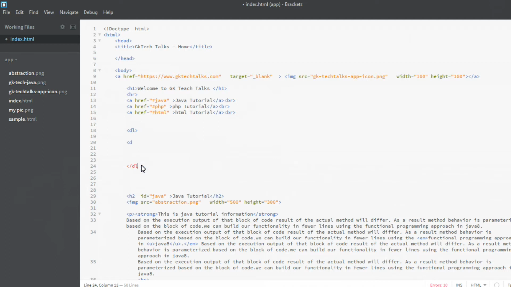It's a definition list. Inside the definition list you need to provide your definition and item. I'm just providing Java.